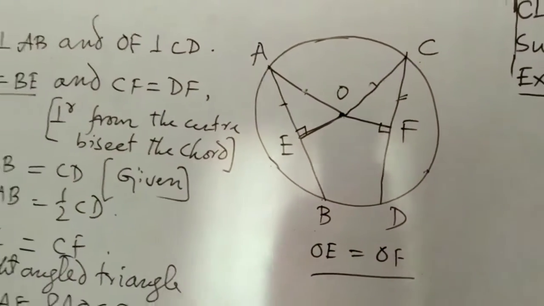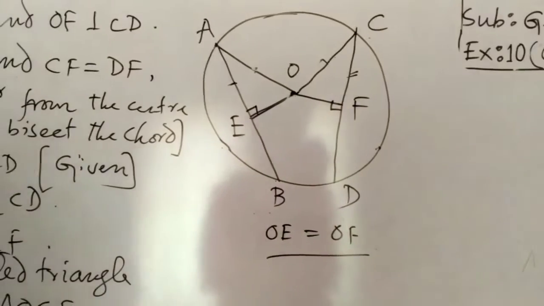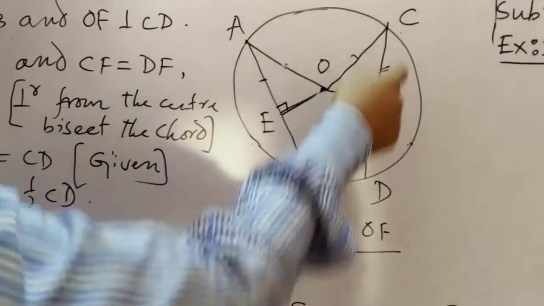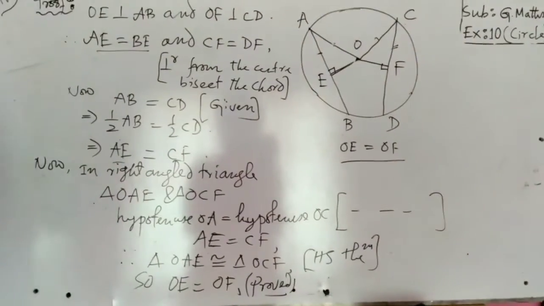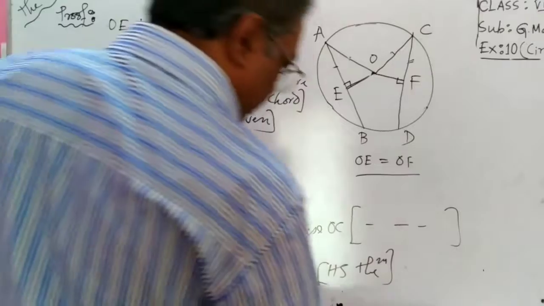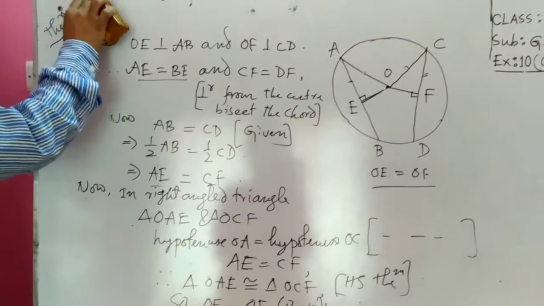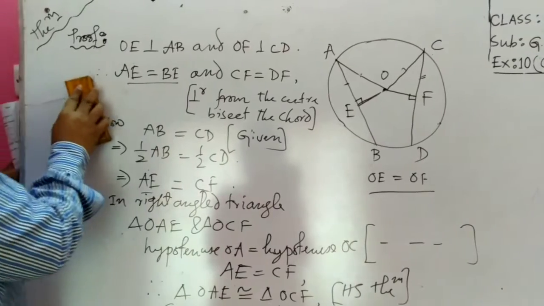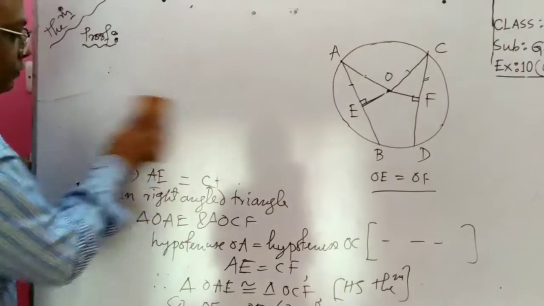But now in theorem 3, OE equals OF, you have to prove AB equals CD. Very simple. একই ভাবে আসবে, same way তে আসবে। আমরা যাচ্ছি theorem 3, এটা মুছে দিলাম।